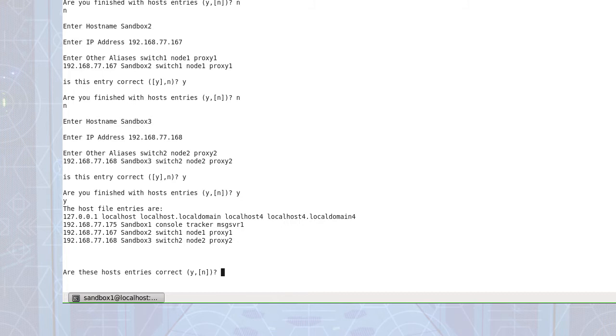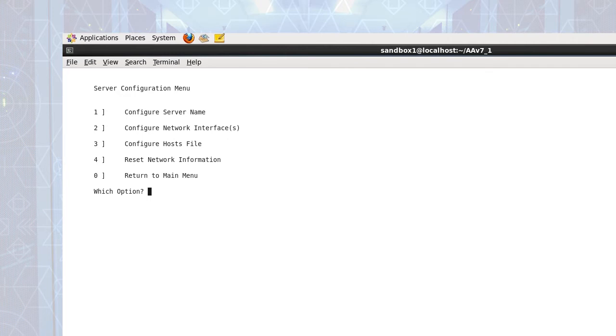We are then presented with a list of our host entries and asked if the host entries are correct. We respond with a Yes. We are now returned to the Server Configuration menu, and we will select Option 0 to exit back to the main menu. Once again, at the main menu, we will now select Option 2, the always available standard installation. Now we are presented the standard installation menu, offering several options, and we select Option 1 to install the console,